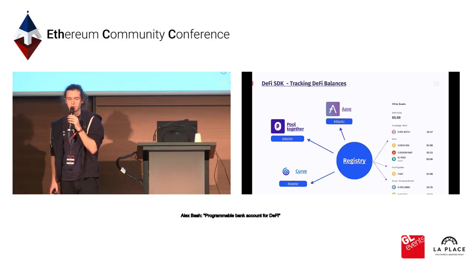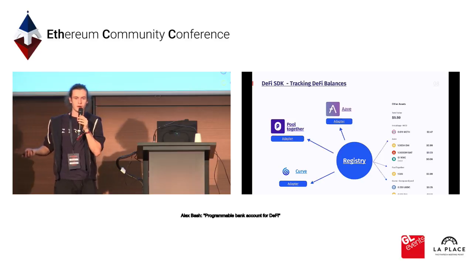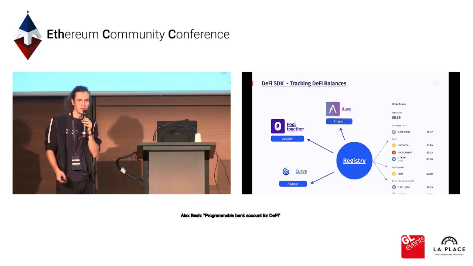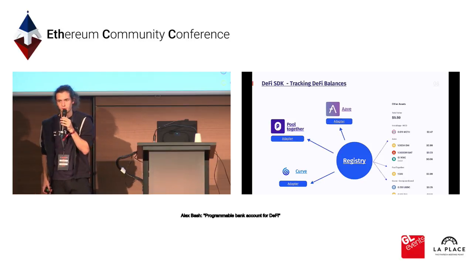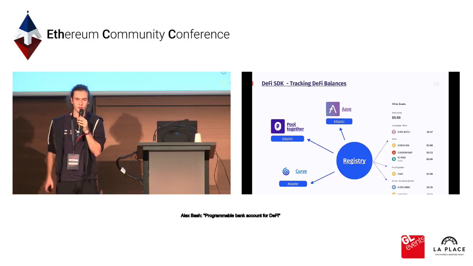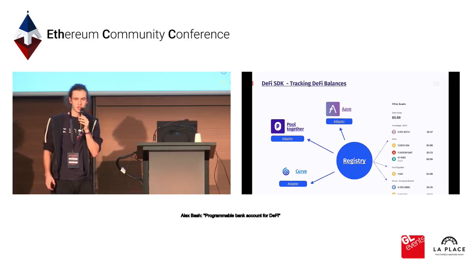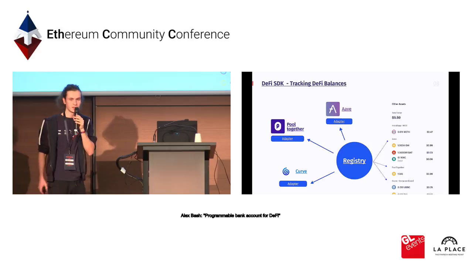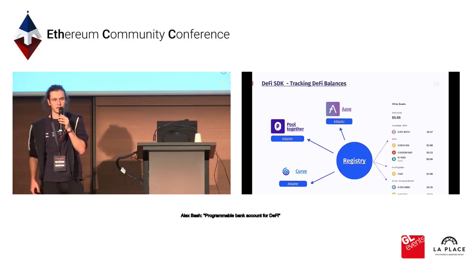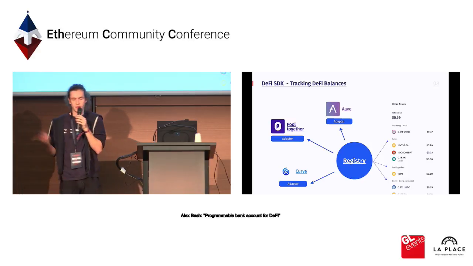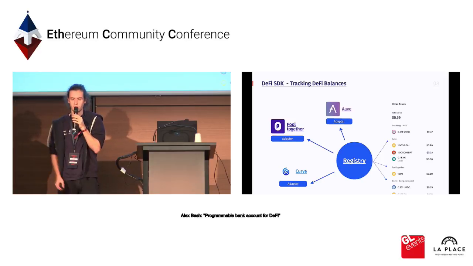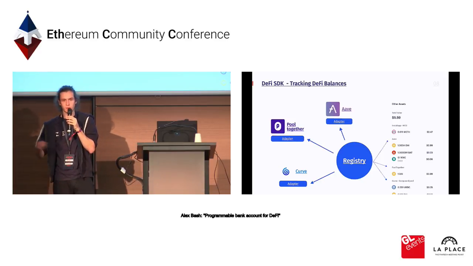But what is cool is that it can be used not only by us, but by the whole community. So for example, if some mobile wallets want to integrate that, instead of figuring out how every single DeFi protocol works, they can just use our adapters, and ideally, protocols should be interested in developing their own adapters to comply with the standard. As probably all of you know, there's the ERC20 standard for tokens, and that's why they have such a broad adoption among the community, and all the wallets support them.